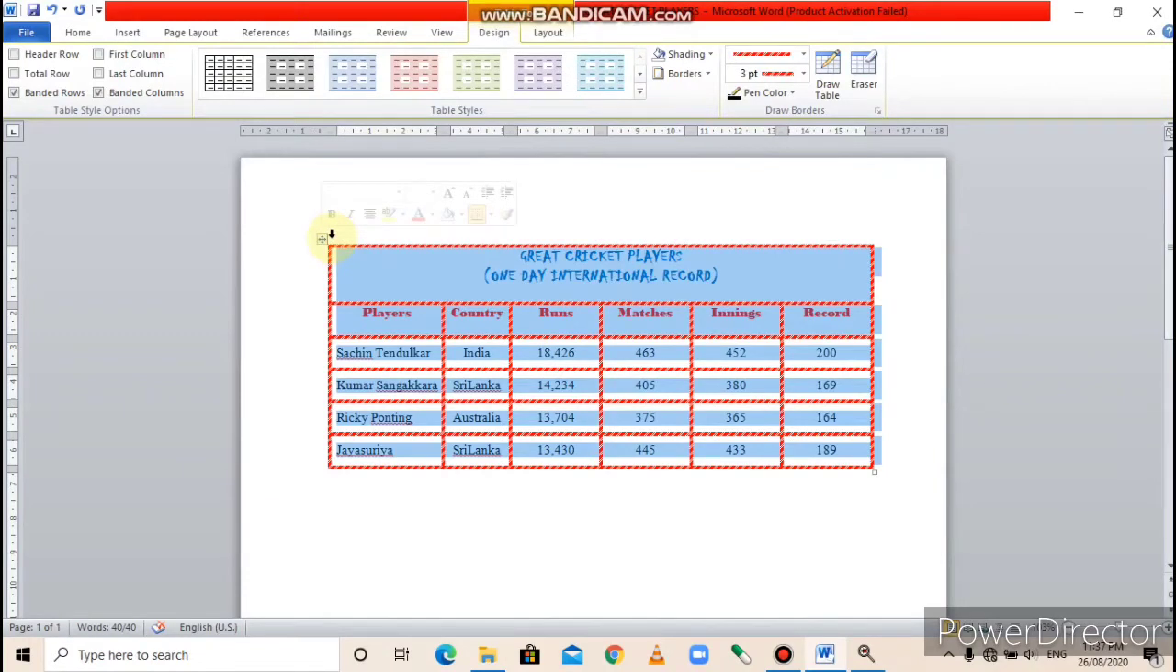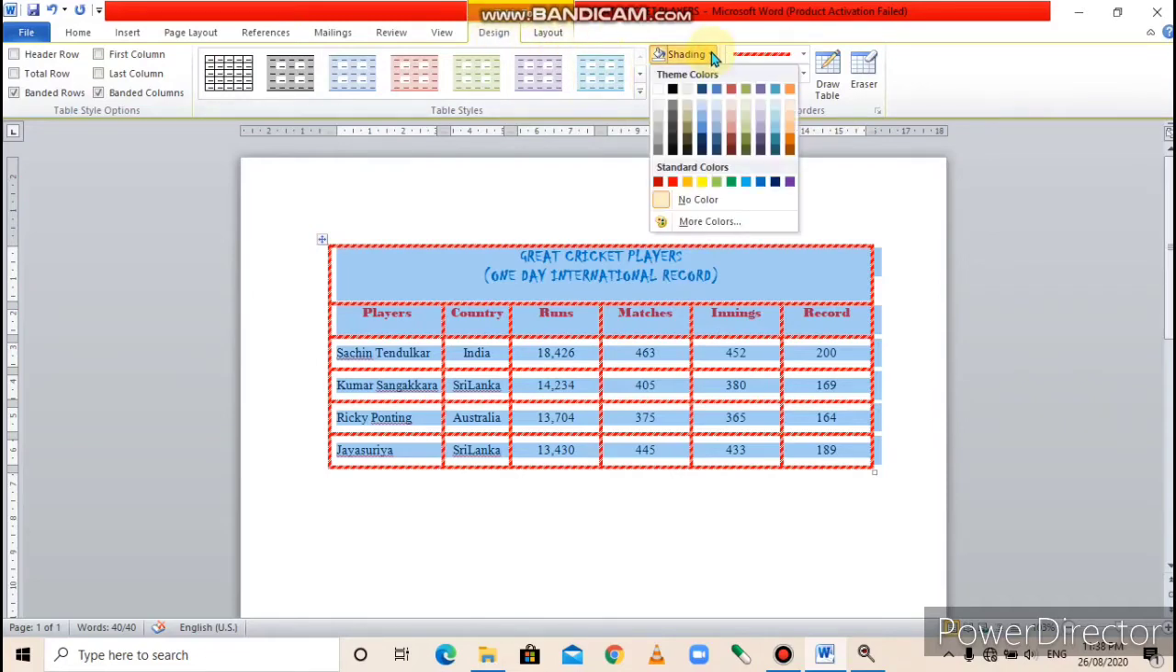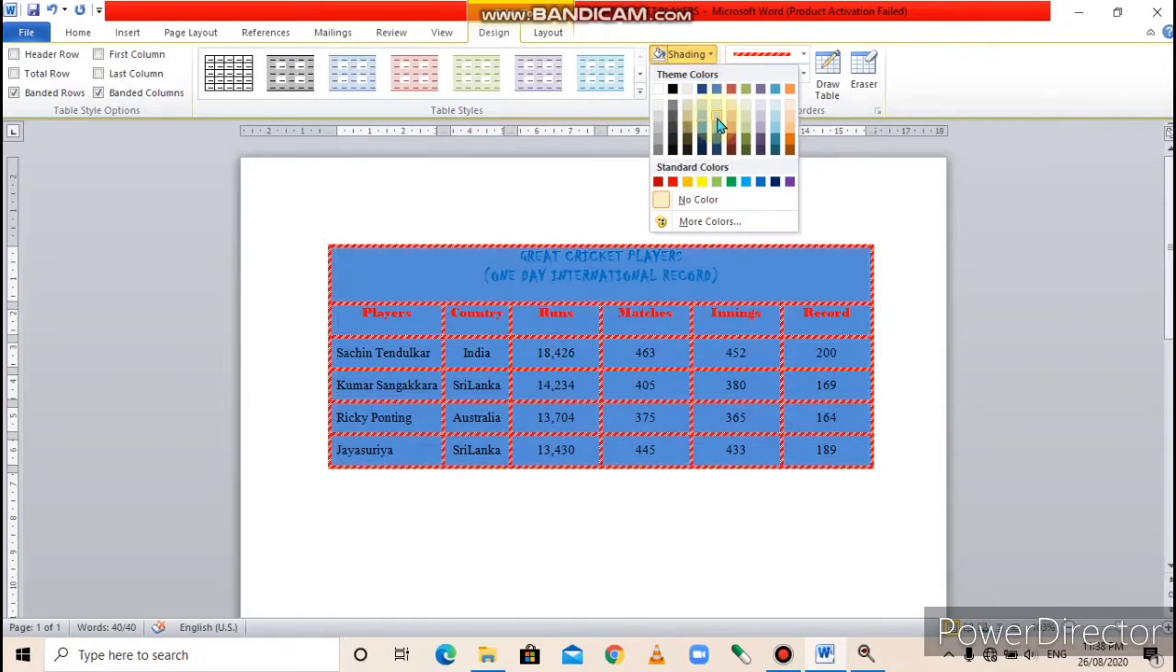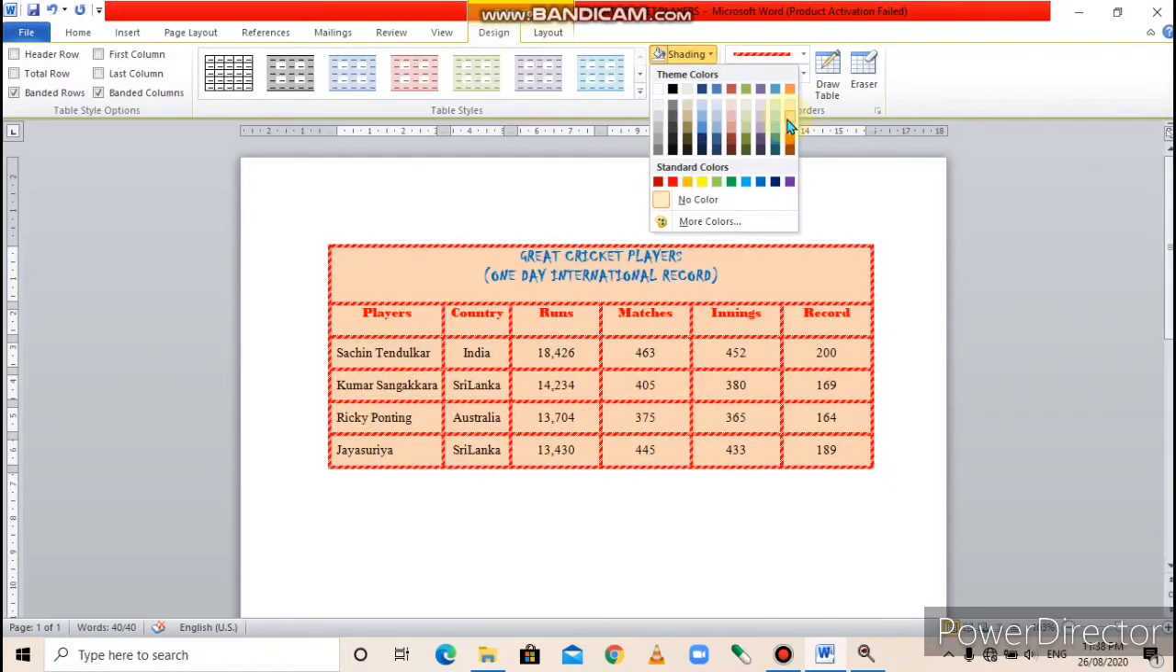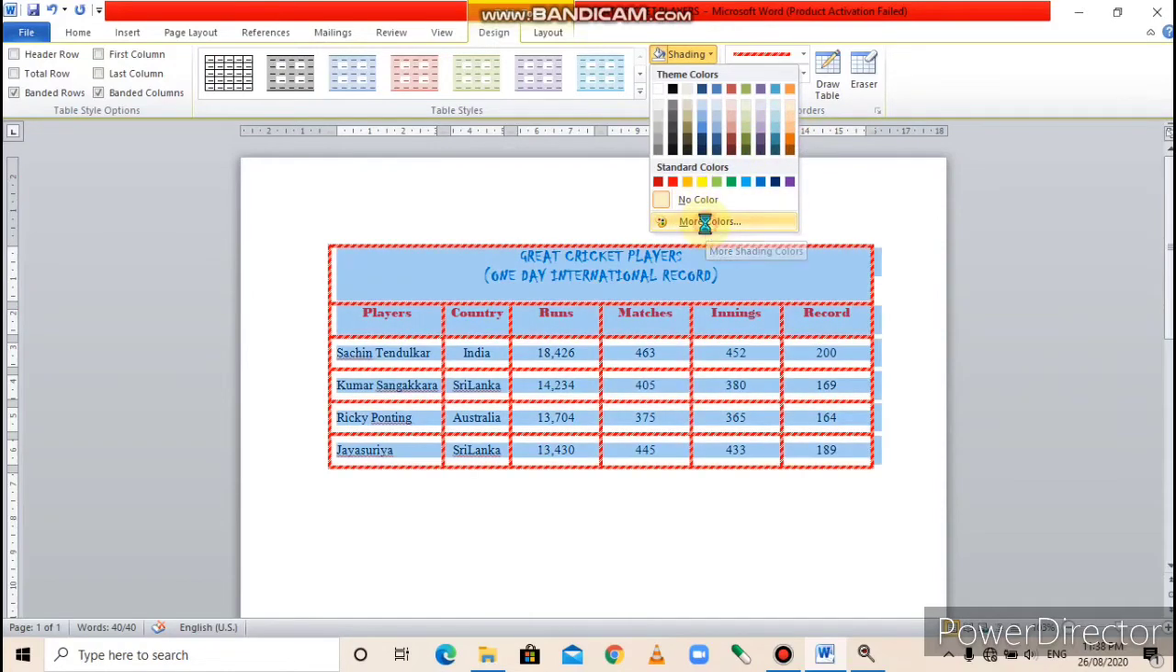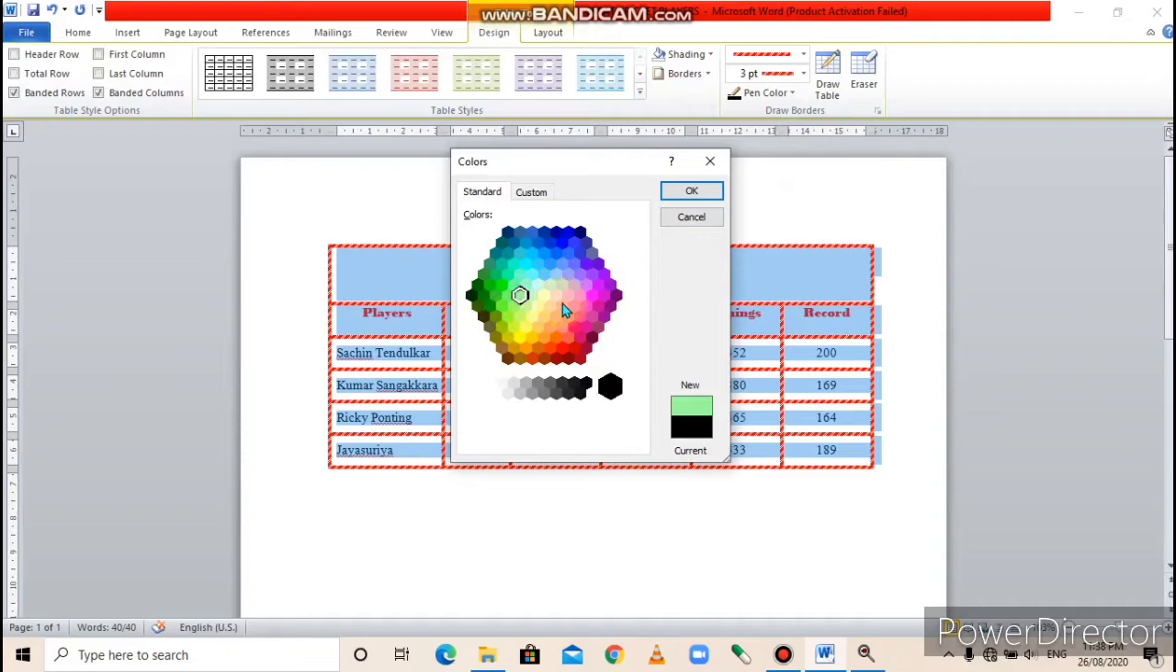Select the table, then click on the design tab, then click on the arrow below the shading option. Click on the arrow below the shading option. When you click on this arrow, a list of color options appears. Click and select the color of your choice. You can click on more colors option also. Okay,